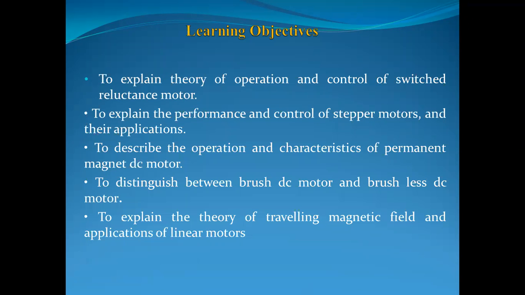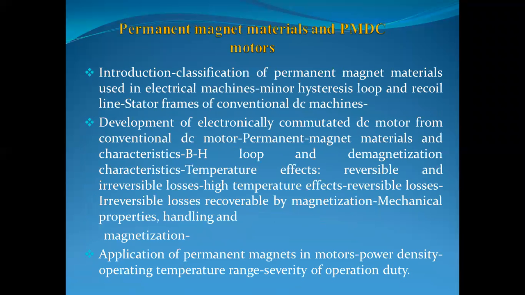the machines we have in each topic within the course. Considering the first one, permanent magnet materials and PMDC motors, why are we going towards the study of permanent magnet materials? That is also very important for you. Because we know that magnetic materials are used, and without magnetic materials we can't build any motor nowadays. Why? Because if you recall all the motors of the DC side or AC side, if you go for suppose a DC side,